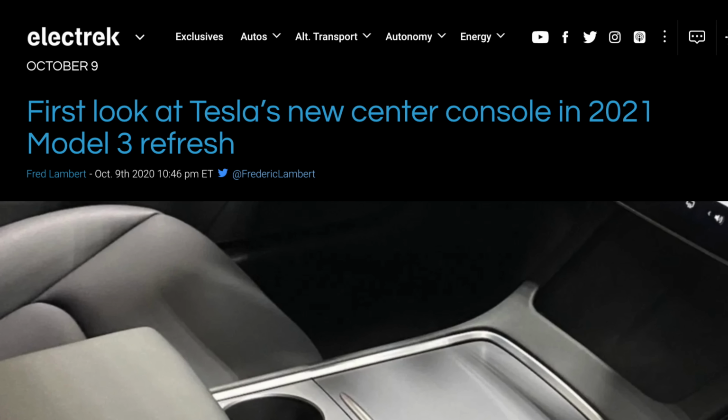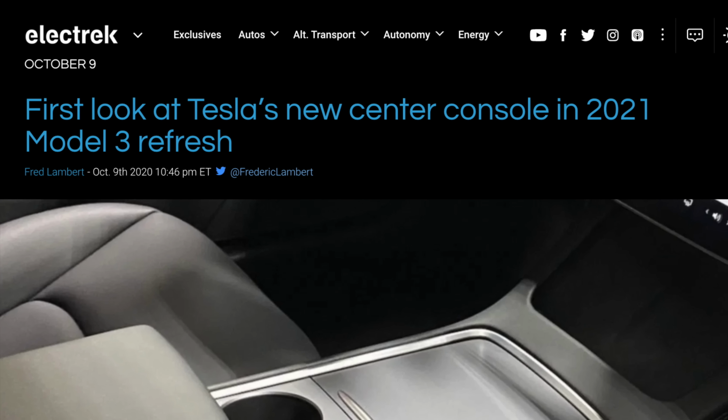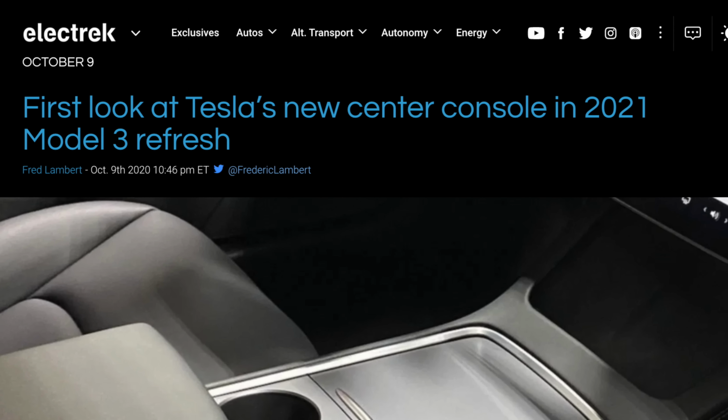The point is that this time, and it applies even further now that we're getting more details about this updated Model 3, you should wait for the 2021 Model 3. Now, technically, it might not even be listed as the 2021 Model 3, depending on when it comes out and when companies like to actually list the car as 2021 versus 2020. But there will be a number of changes coming to the Model 3 all at once that you're most likely going to want. So the first one is the thing people are focusing on the most, and that is the